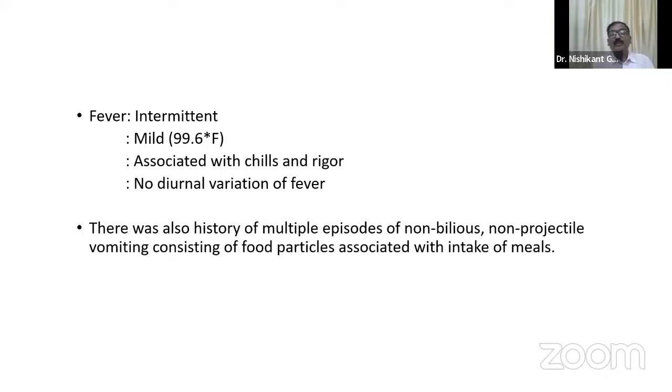Pertaining to the left upper quadrant, any other thing you want to exclude? Gastric pathology. It could be acid peptic disease, but then there would not be vomiting unless there was obstruction at the gastric outlet or features of gastritis, and it would not be a short history of 10 days. Pain relief was not associated with food intake, so we can rule out acid peptic disease or gastritis.